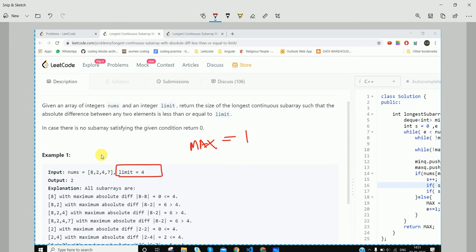And then now we start from 2 and go further. So then we consider 4 in the subarray range. The absolute difference between these two elements will be 2.